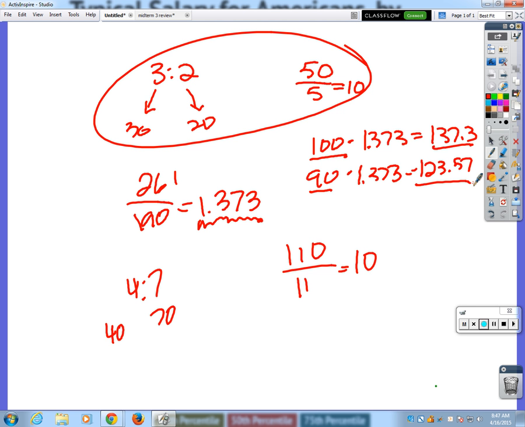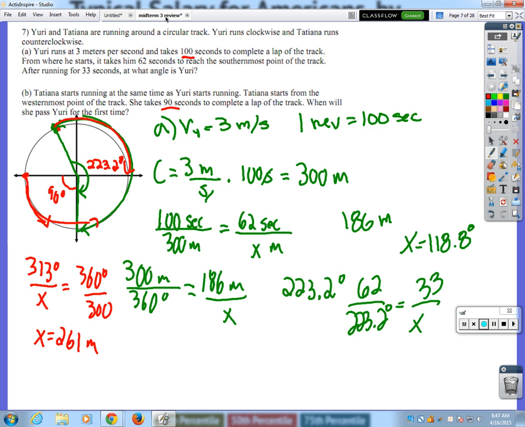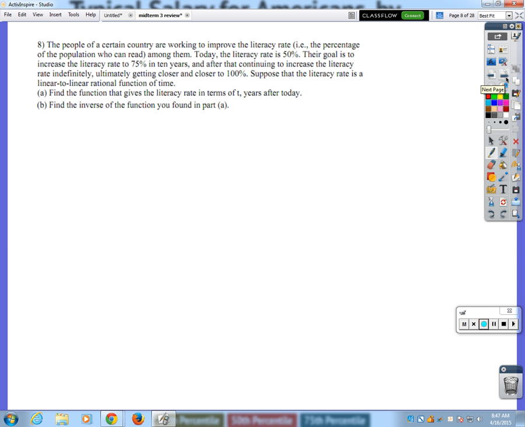The ratio one? No. Okay. Two things are in the ratio of 4 to 7, and they're at 400. Okay. All right, let's try a different one. All right, so number 8 says the people of a certain country are working to improve the literacy rate